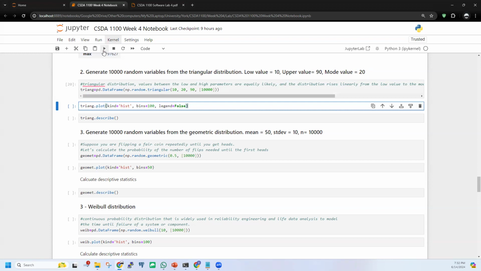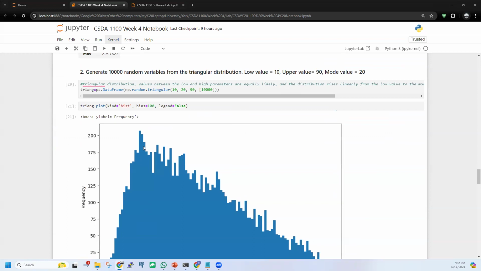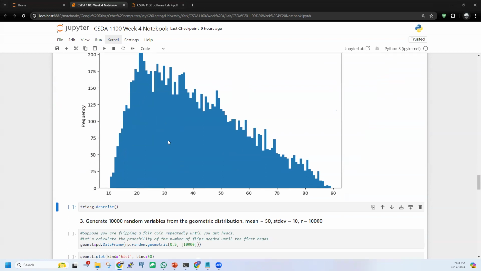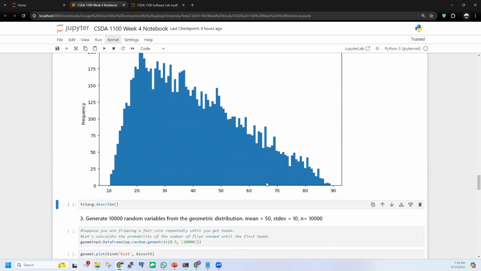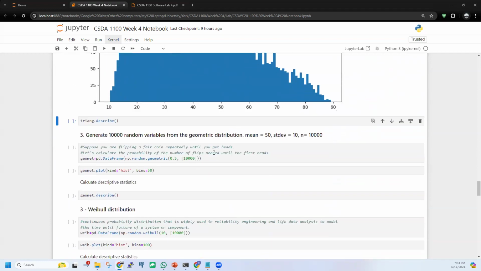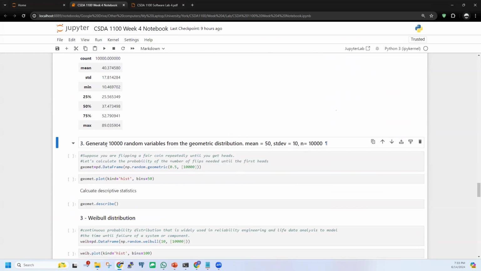Okay, and then we can create a plot, something like this, and it will come. And if you note, I'm telling it that 20 should appear the most, and it did. So if you go back here, 20 should appear the most, and the 10 and 90 areas have equal probability of appearing. So that's another distribution. Again, we can describe it, same theory. We can also use another distribution called